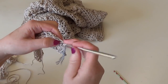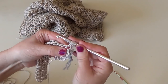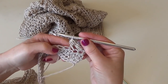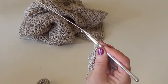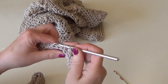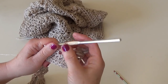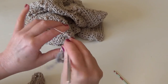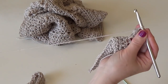So turn a little bit and yarn over 1, twice, pulling the same amount of yarn, 3, and here a second side puff made. And we repeat the same thing, skipping 1 stitch, working a plain first half double crochet in this stitch, in the next stitch, and then work a puff to the post. Do you think it's easy enough? 3, and pull through all loops,